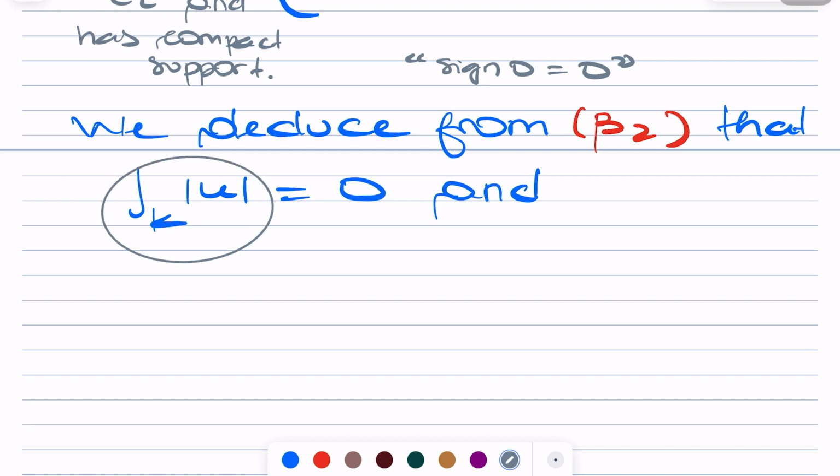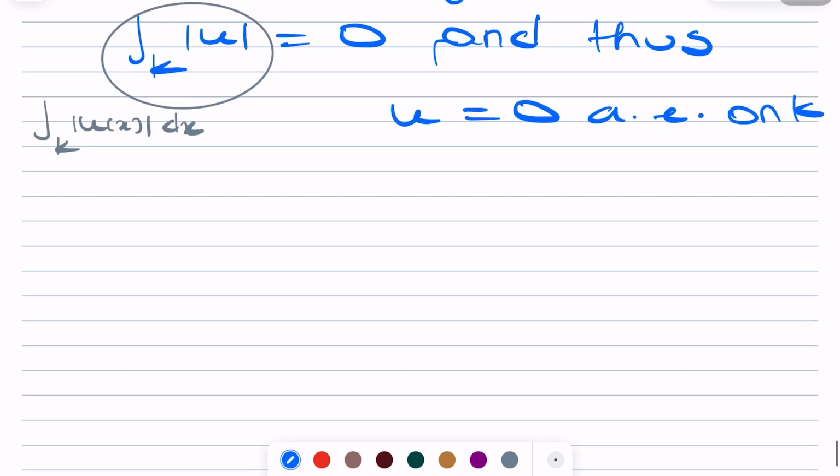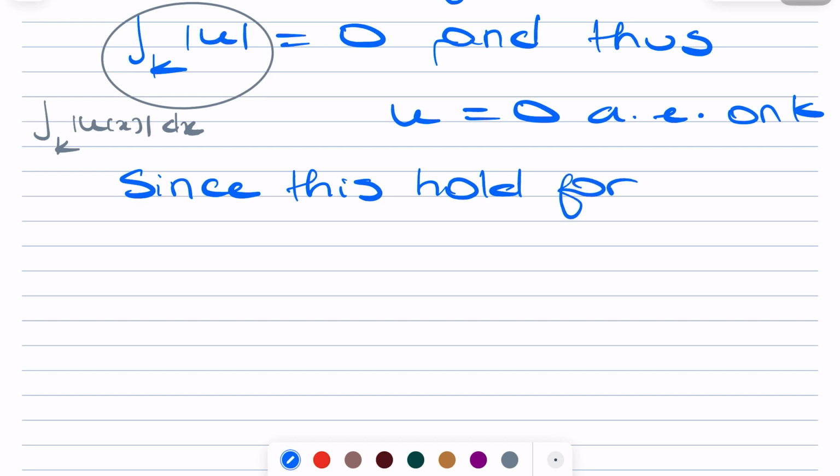This would be the integral over K of the absolute value of U of x dx. So this equals 0, and thus we have that U equals 0 almost everywhere on the compact set K. Now, since this holds for any compact K included in omega,